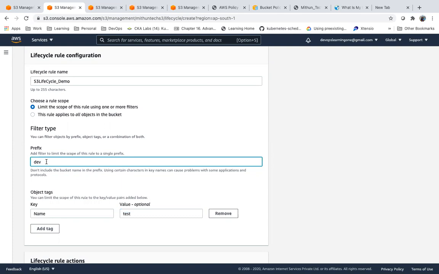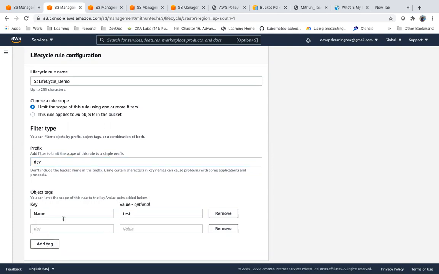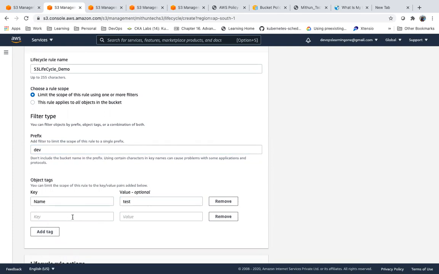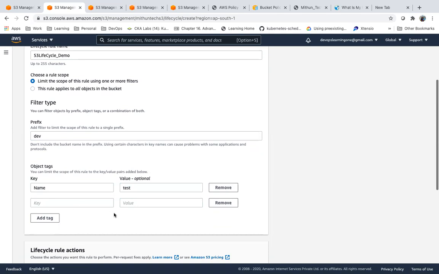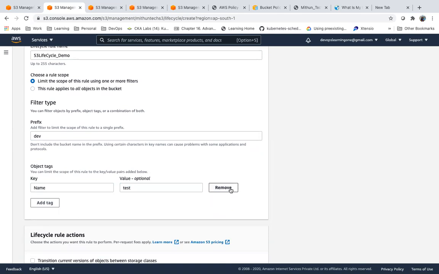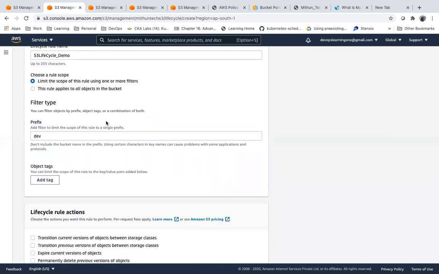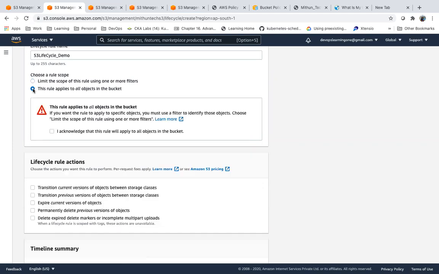You can have multiple prefixes. Yes, you can define a rule based on the tags if you want. Or if I want to define a rule for the entire bucket, all the objects, I can select this option.